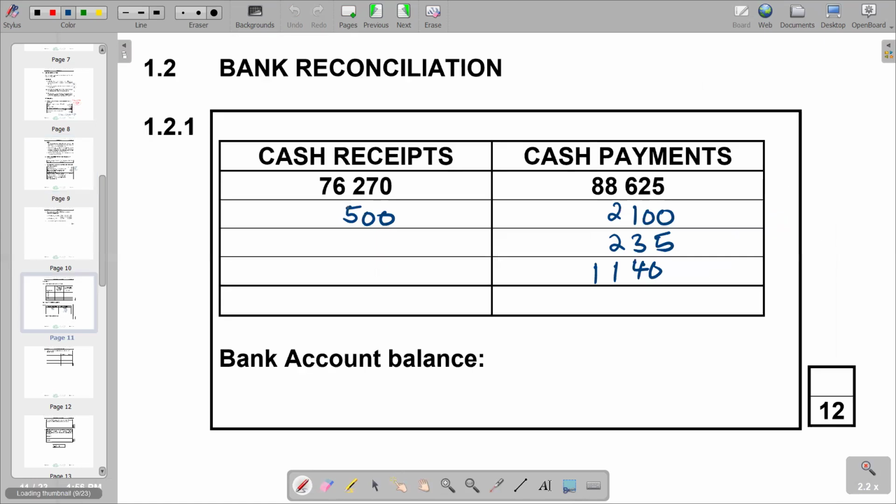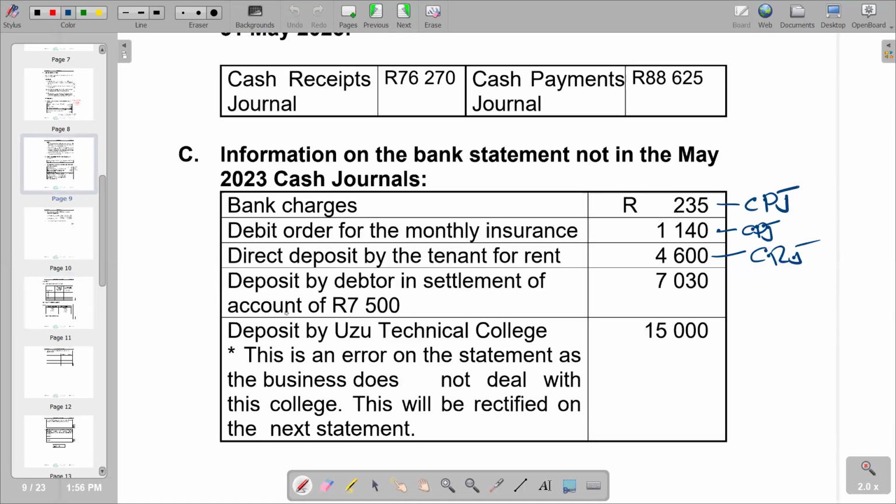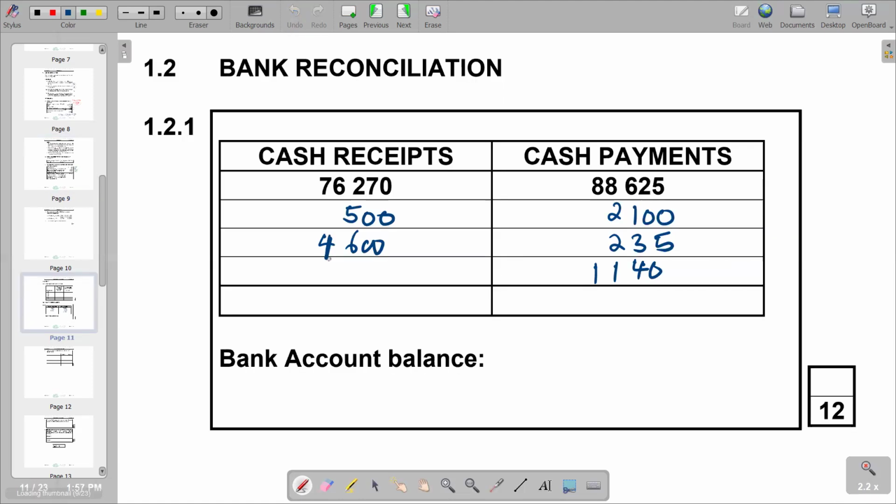So we have 4,600. We move on to the next part, whereby we have a deposit by Data in settlement of account 7,500, but the deposit was 7,030. So we are concerned about the actual amount that was deposited, 7,030. And this is money received, so it goes to the cash receipts journal, which on the bank statement will be on the credit side. So we proceed to the cash receipts journal, whereby we have 7,030. Then we check in terms of